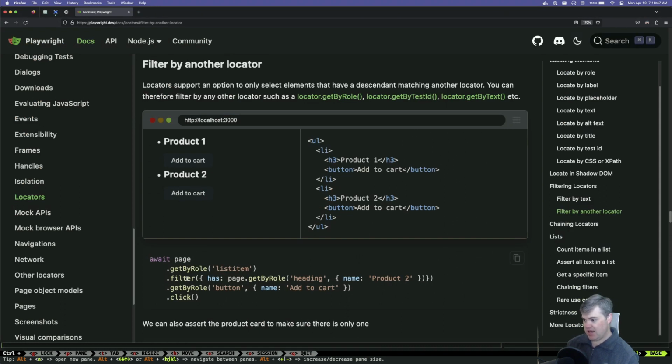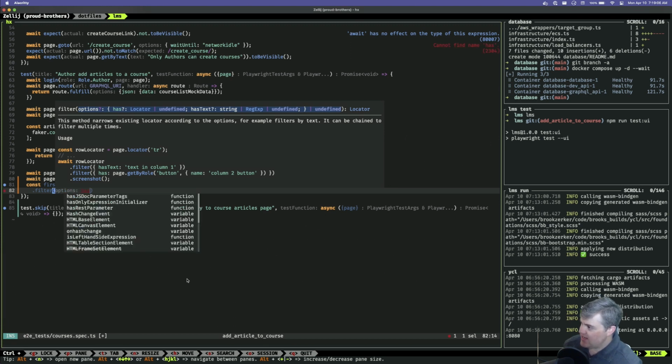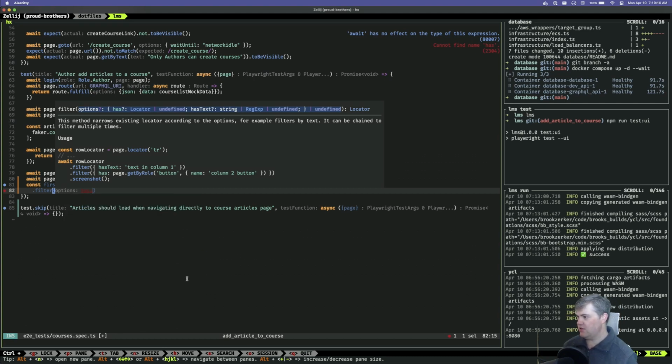Okay, has page get by role heading. Okay, so has is going to be something that's inside going out. Interesting. So do has. Oh, has text also is another thing. But I think I can do has here. So has